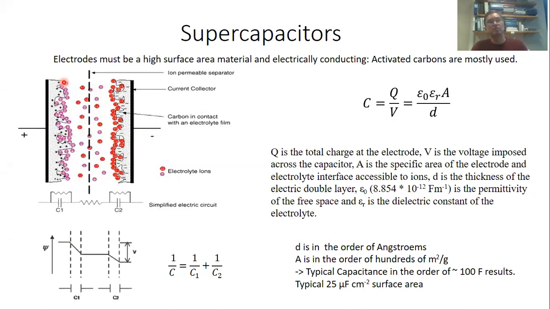Okay, because the distance between, for example, a positive charge on the pore surface and an anion adjacent to the pore surface is just a fraction of a nanometer. Therefore, not only do we have a much larger area available, also the distance between the charges is orders of magnitude smaller. And that is the second reason why in supercapacitors we can achieve